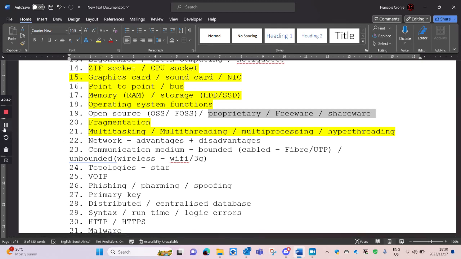Yeah. So the advantage of proprietary software is generally that because you paid for it, there's better support most of the time. If something's not working, you can generally send them an email, they might come back to you, and they'll help you with it. Sometimes with some programs you can even phone a call center and they can help you. Generally there are a lot of updates coming out every now and again to help fix errors. And that's proprietary software.